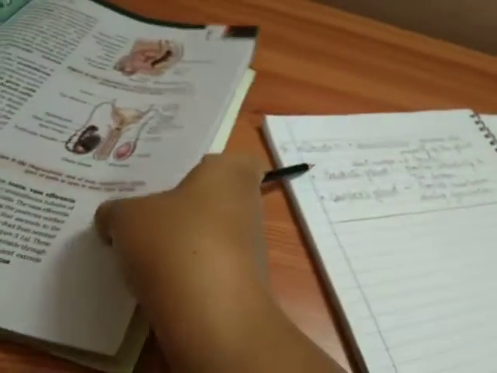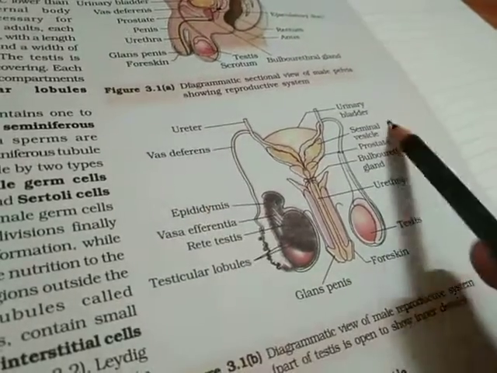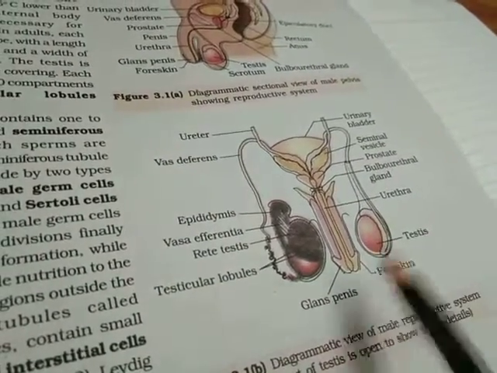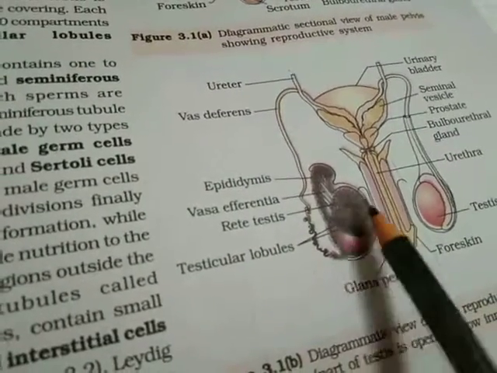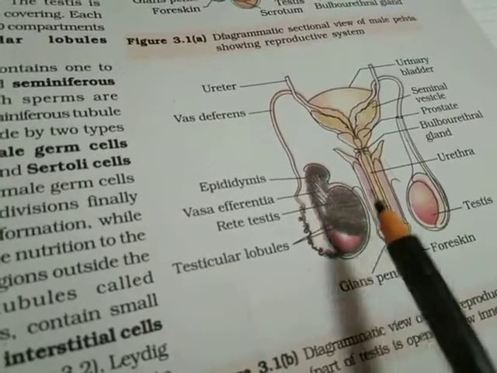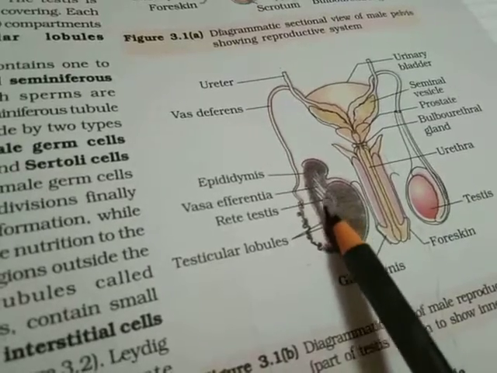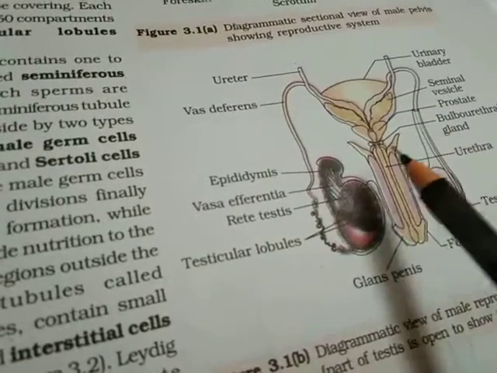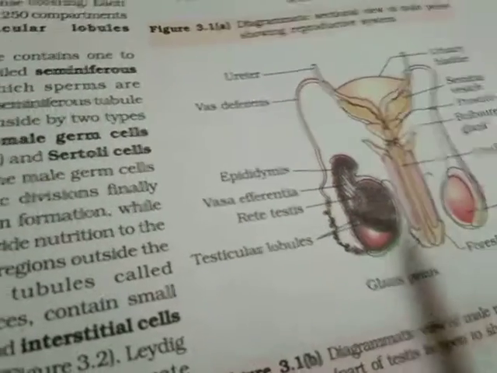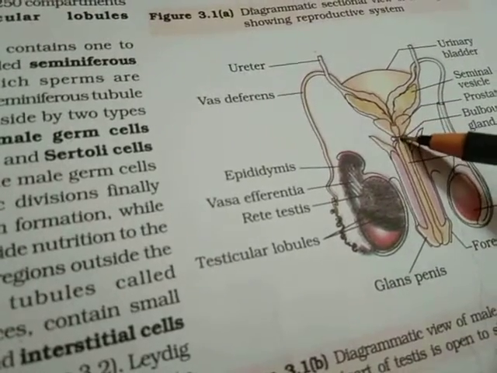So students, as you can see, this is your book, and this is the male reproductive system about which we have discussed today in the class. This is the testes. These fine compartments are the testicular lobules which contain the seminiferous tubules. Then there is the rete testis which is not quite visible over here. After that there is the vas efferens. Then the coiled structure known as the epididymis. Then we have the vas deferens which is opening as the ejaculatory duct.